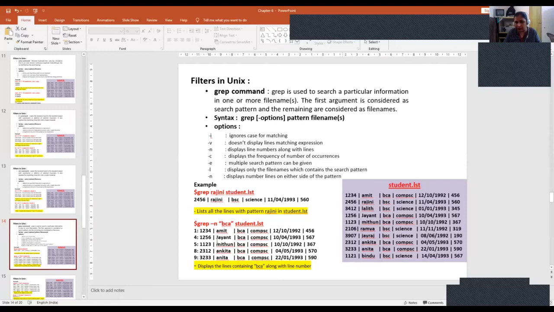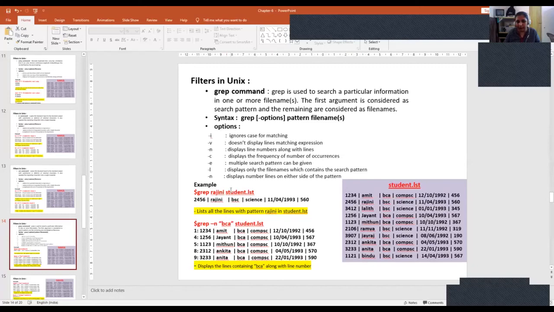Next, the 5th record, 1121. Then the 6th and 7th we don't have. Now 3233 is the 8th record. Then in the 9th record we have Anita, which is again BCA. So all these 5 records have BCA.